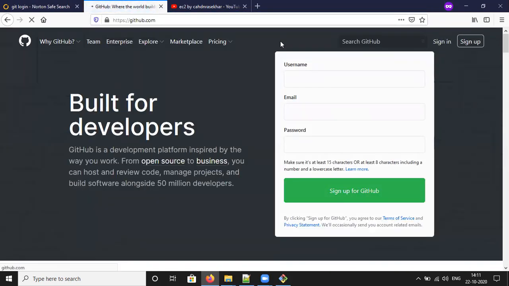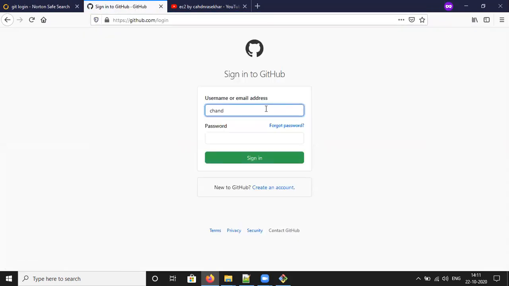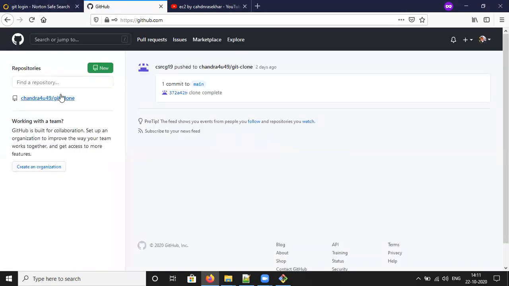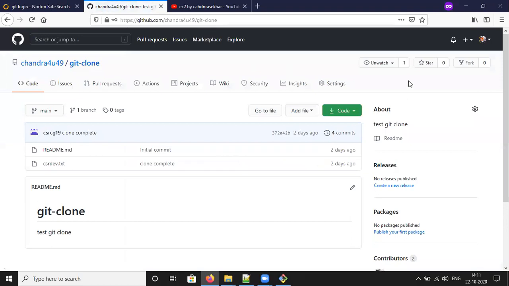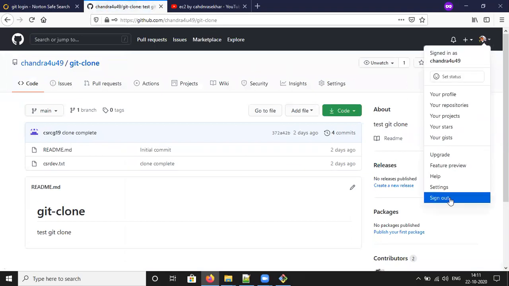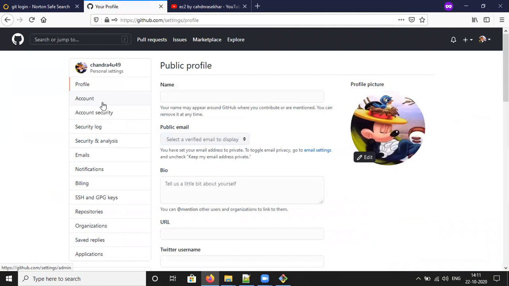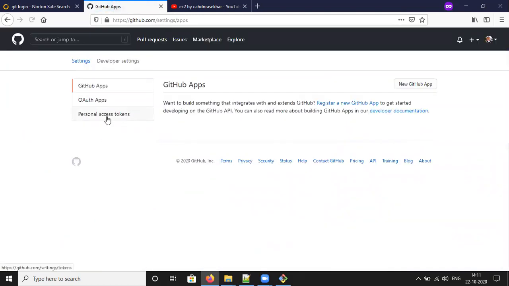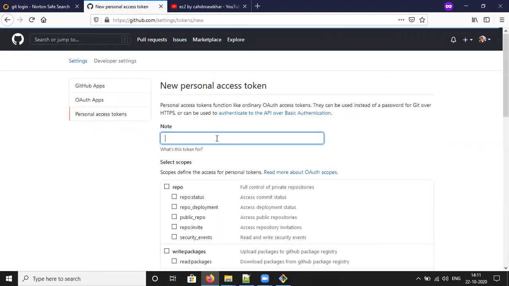I'm going to log in with chandra449@gmail.com. It is going to ask for verification, not required. I'm going to settings, developer settings, personal access token, generate new token, my token.